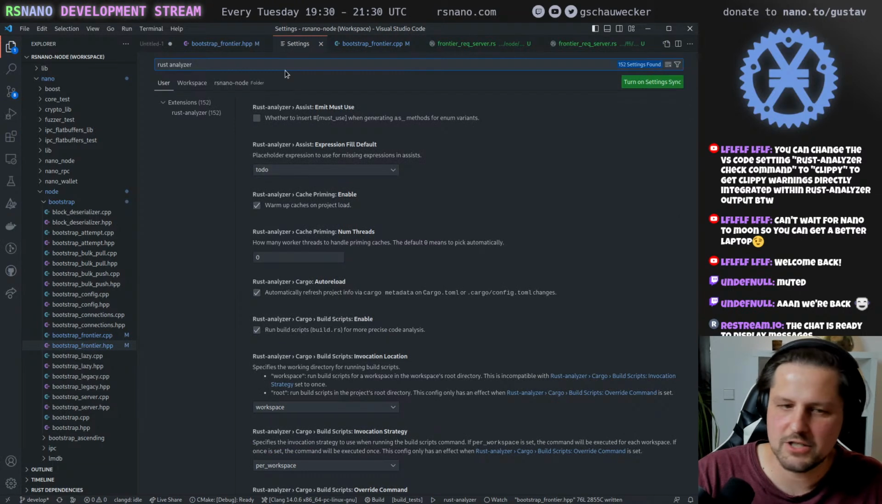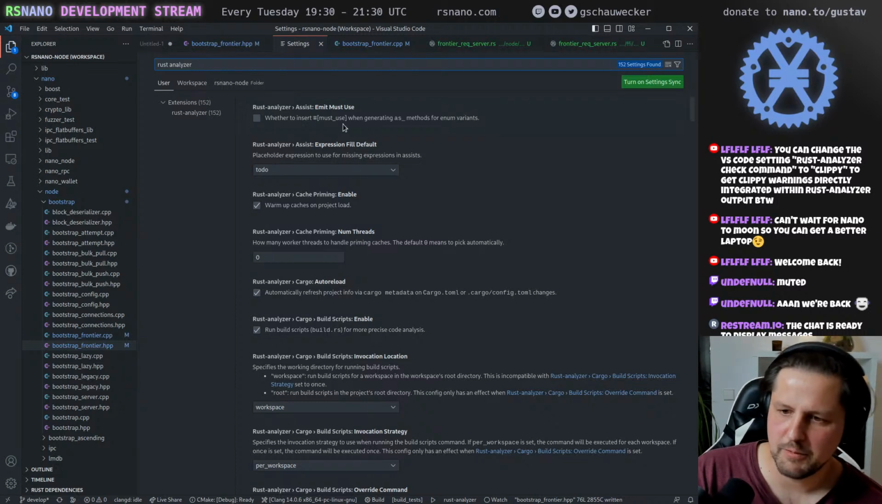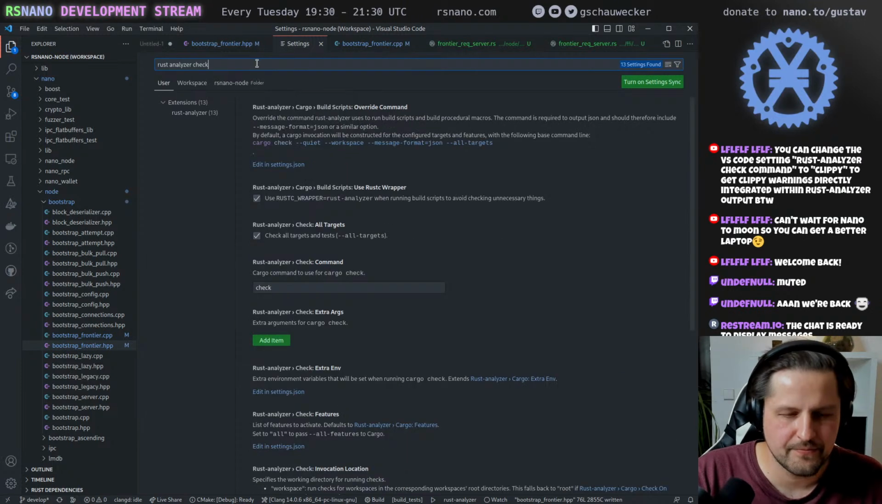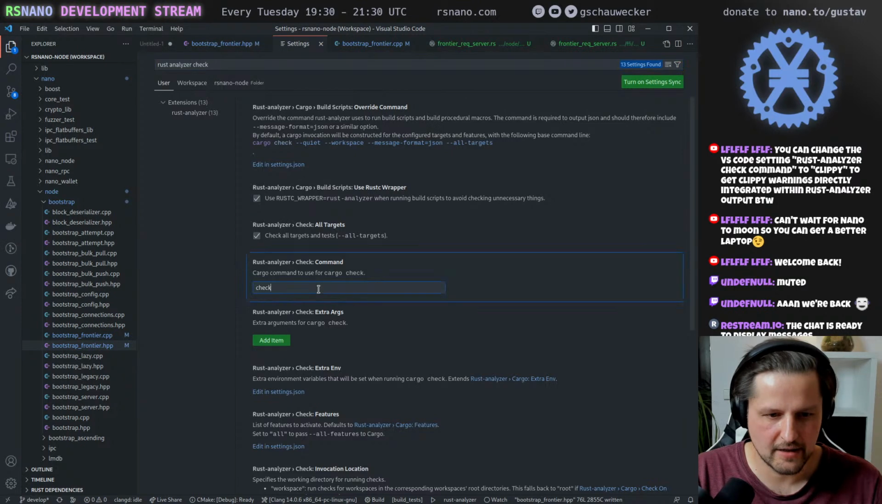The Rust Analyzer check command to Clippy to get Clippy warnings. Where is the check command? Check command here. Cargo command to use for cargo check. So